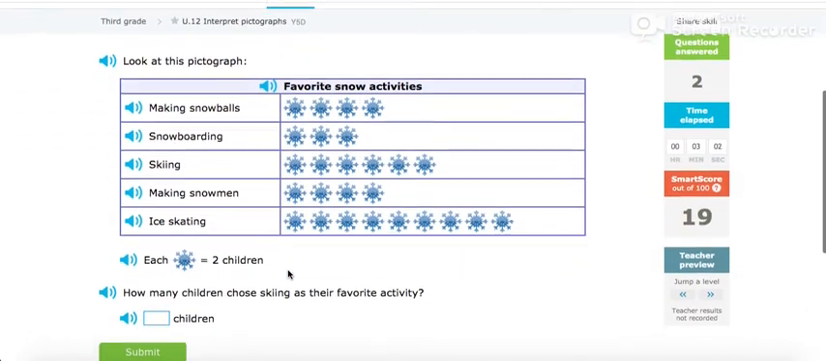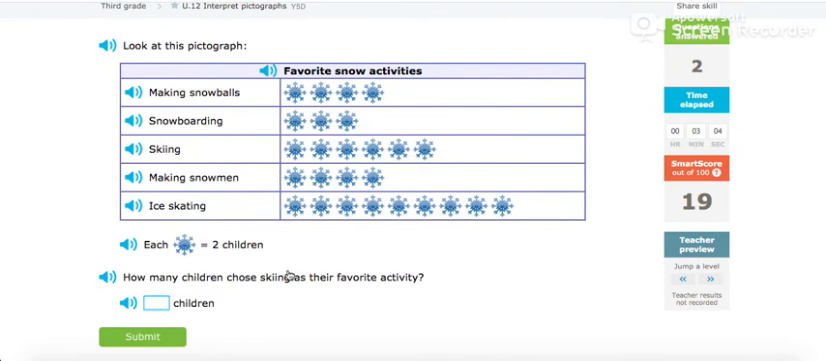Awesome. Now it's going to get a little harder as you move on. You can see our score on the side here is 19. Look at the